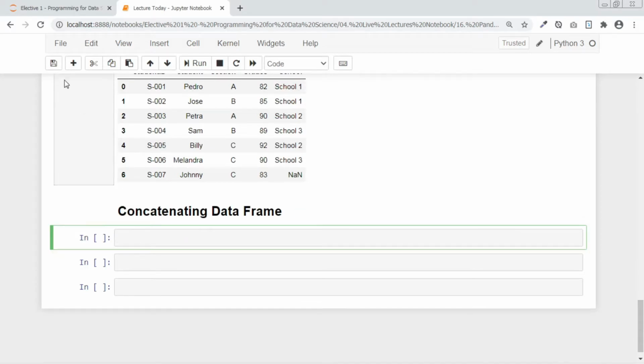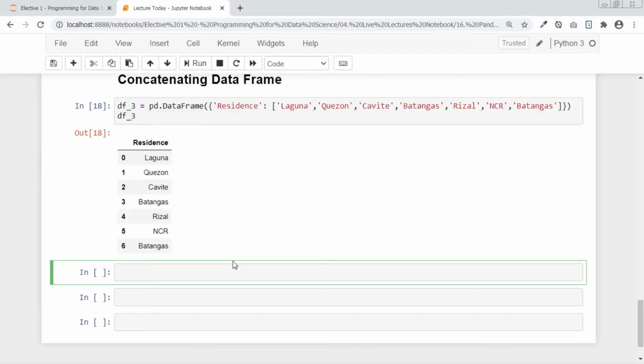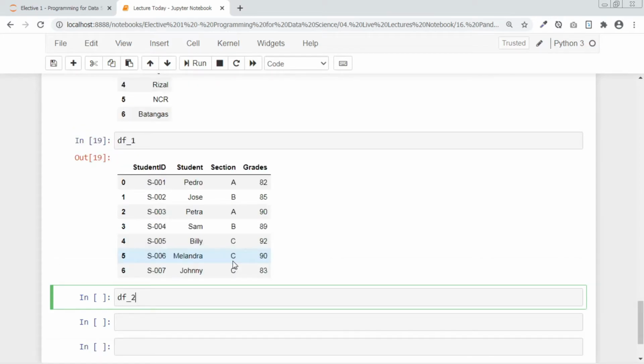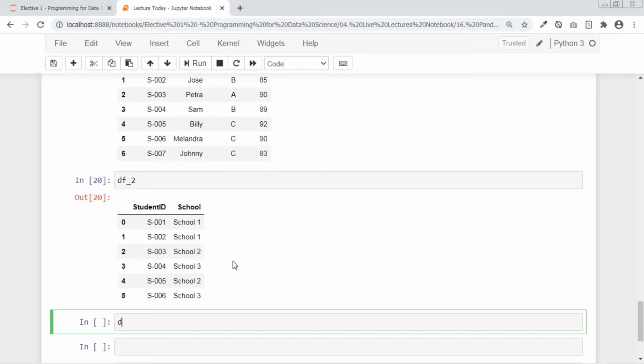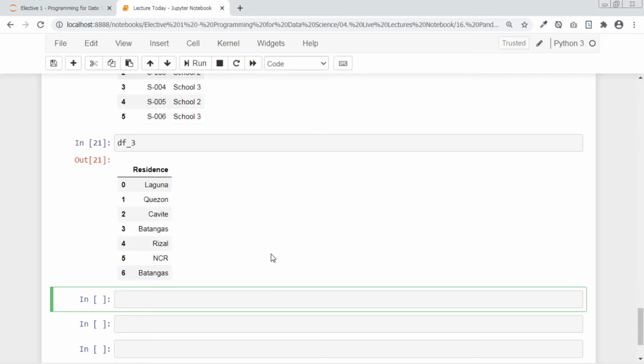In terms of concatenating data frames, we will use pd.concat. For example, I have here another data frame, which is df3. Out of this dictionary, we are creating another data frame. So now we have 3 data frames. Let me review: we have df1, df2, then df3. The way concatenating works is just to concatenate data frames without a basis of